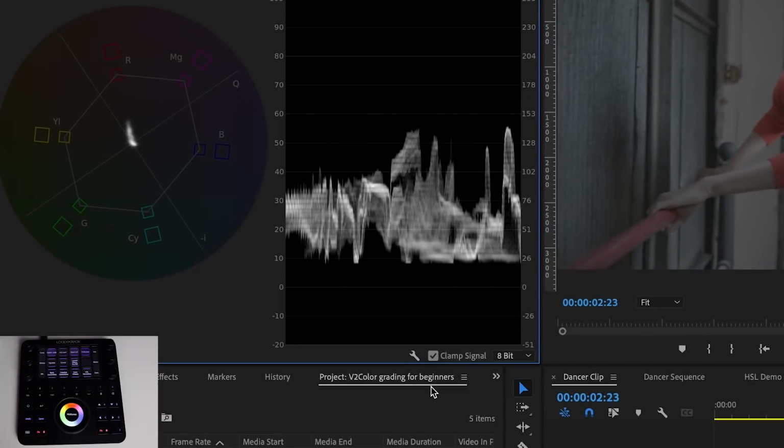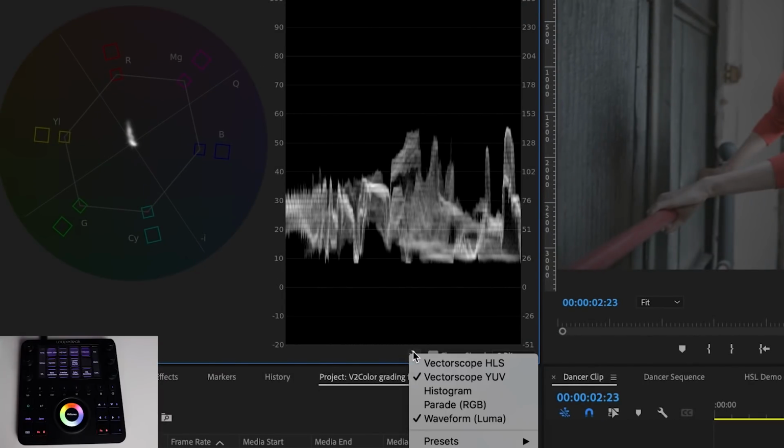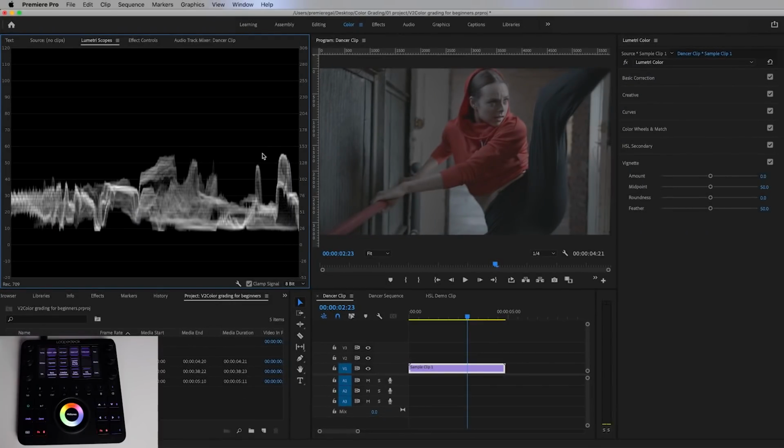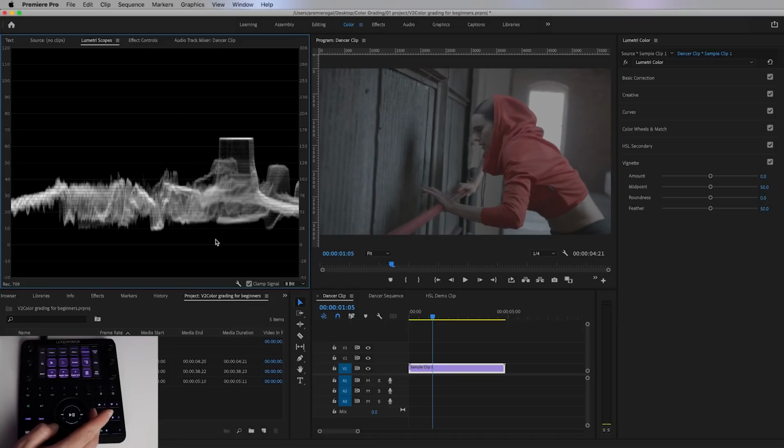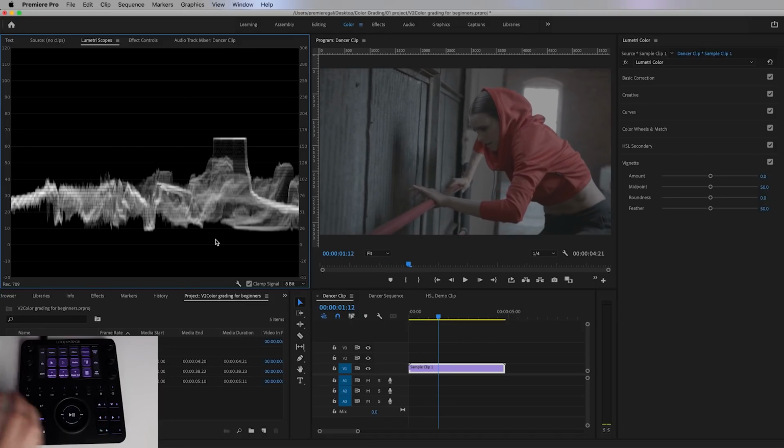This is where we're going to bring up the scopes and make sure to have the waveform selected. And also from the wrench tool, make sure to have the waveform type Luma. Now the Luma waveform, this represents the brightness of the image, and as we scrub through, you can see that the wave moves and changes to the movement of the image. Now this bright point right up here, you can see that this is the hottest, brightest point of the image that is a little bit overexposed, and it's coming from the window,